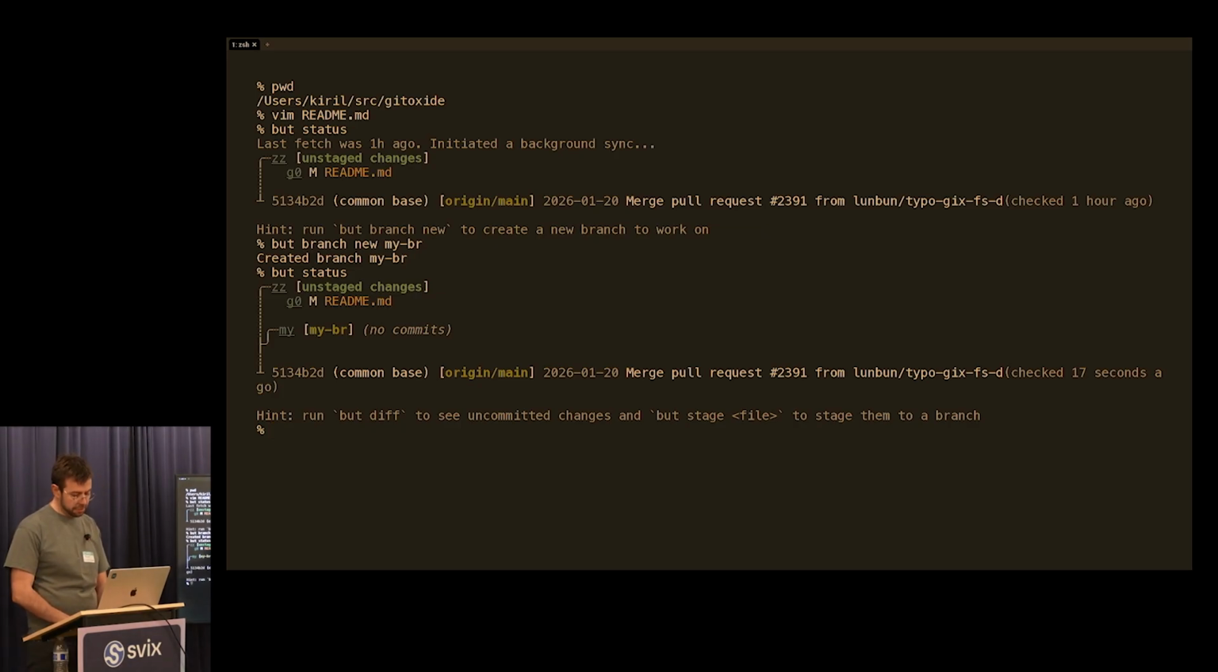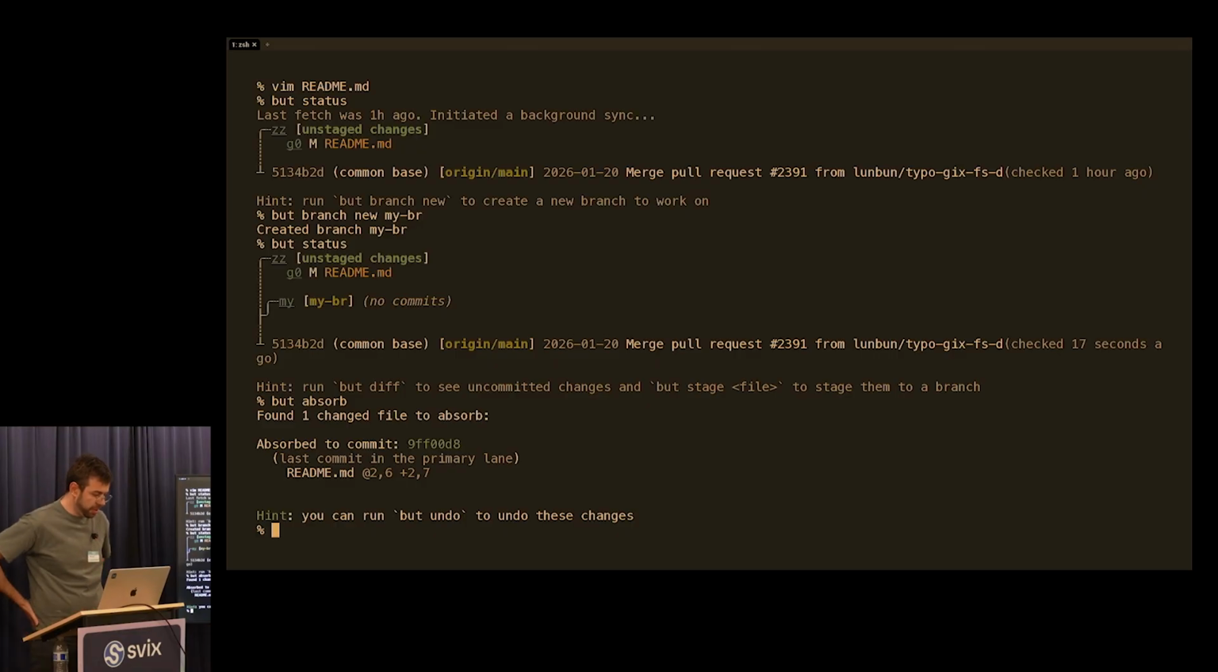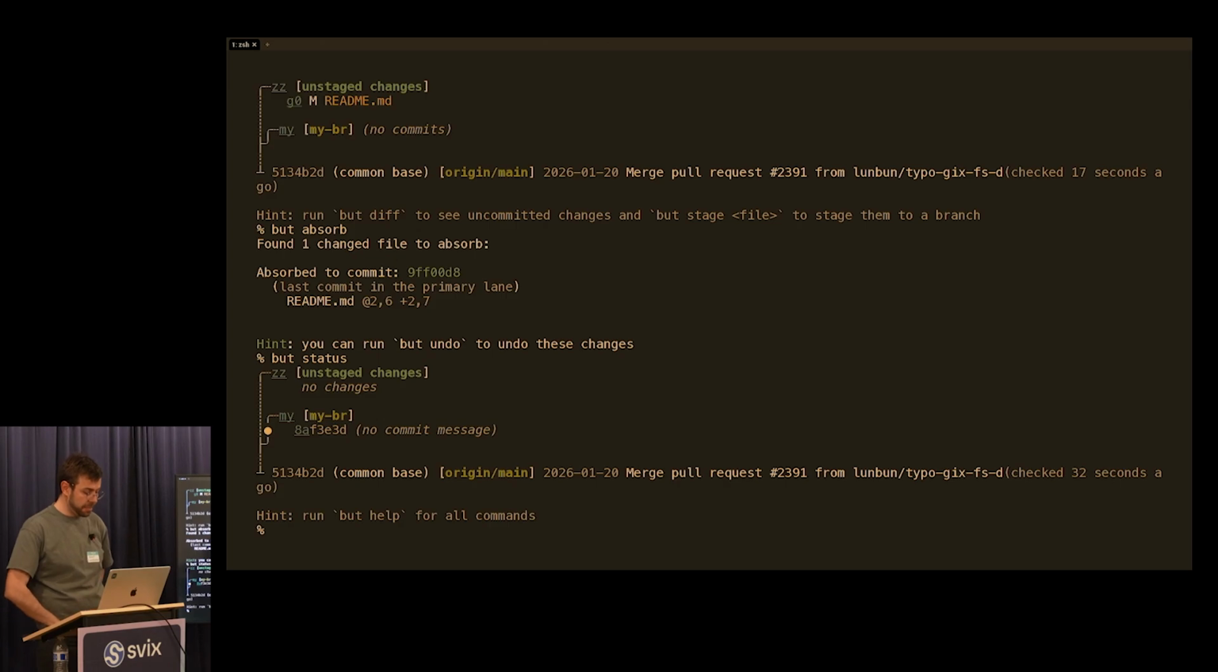So let's say I run this absorb command. What this did was it absorbed a change into a commit that didn't exist. So if I run status again, now I have a commit without a message. And if I make another change to this guy